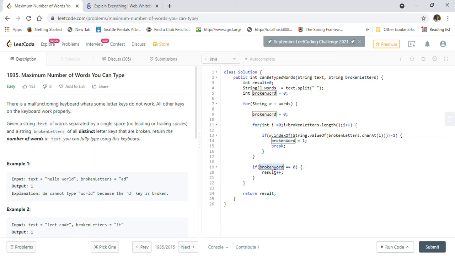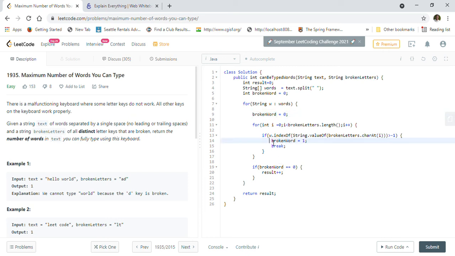So here we are checking. After this for loop we will check if our word has any broken characters. If it finds anything, we will just increment our result by 1 here, right? So again we will go and read the next word. Again we will set broken word equal to 0 here.